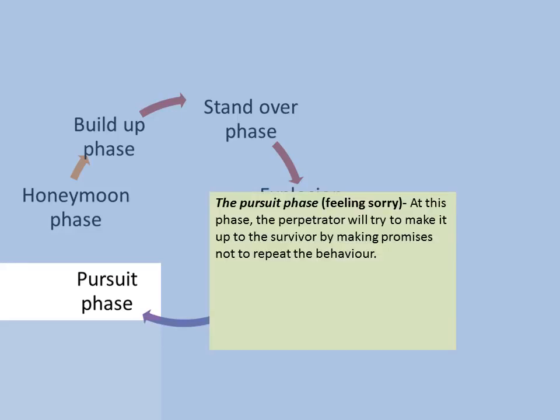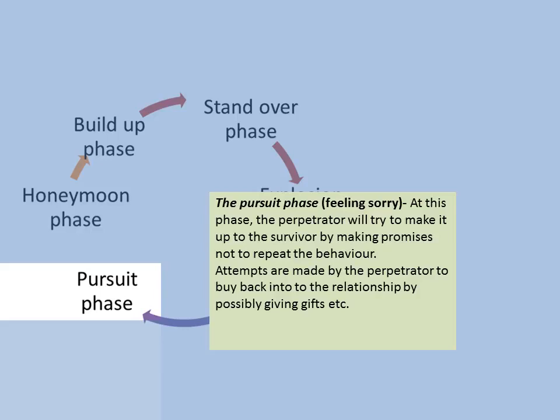And that's where the perpetrator tries to make up to the survivor by making promises not to repeat. Attempts made by the perpetrator to buy back by giving gifts, by saying sorry, by saying it'll never happen again, by buying flowers. The survivor might still be frightened, but is just so damn relieved that the violence is over, that what they wanted more than anything was to think that the violence has ended. So they're quite willing to believe that he or she has said they're sorry, that they've bought flowers, that they've moved on. So it's what they want to hear more than anything, and so therefore this pursuit phase sadly then leads on to